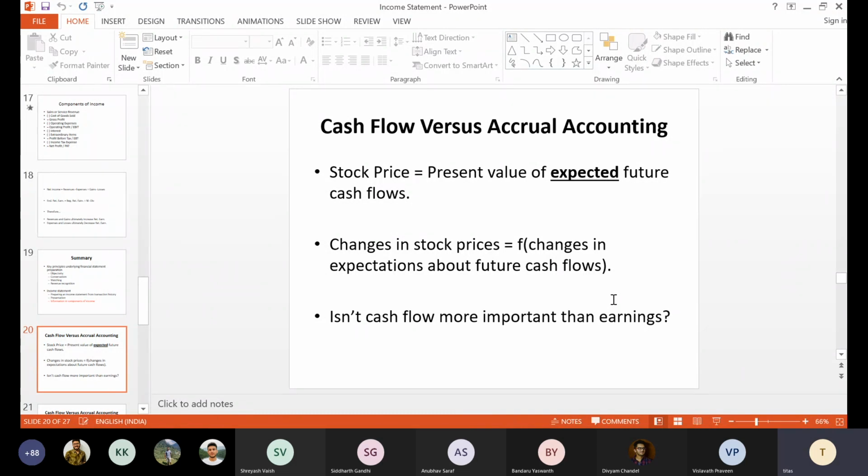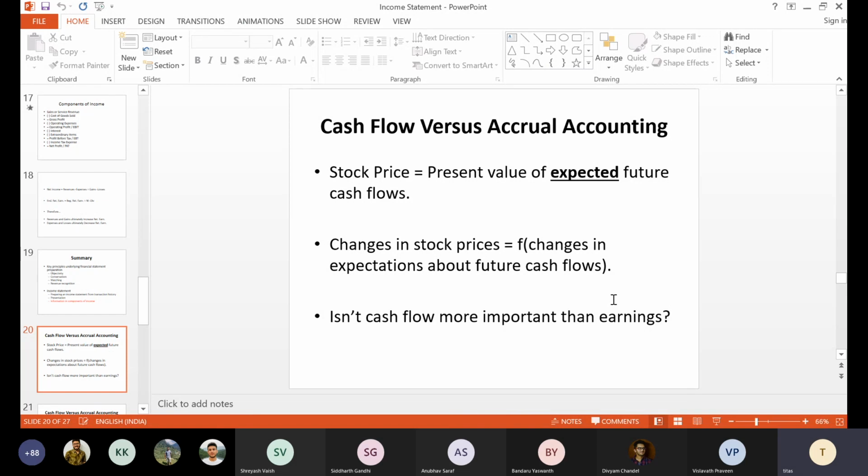Now when we do the projections of cash flows, we cannot take the current cash flow you have, put some growth rate on it and get the next year's cash flow. We cannot do it that way. We need to do the projections based on our revenue only. Okay, because the growth happens to revenue, growth does not happen to cash flow. So we need to put the growth rate on our revenue only. So how the revenue is expected to grow over time, then how the associated cost may also grow,